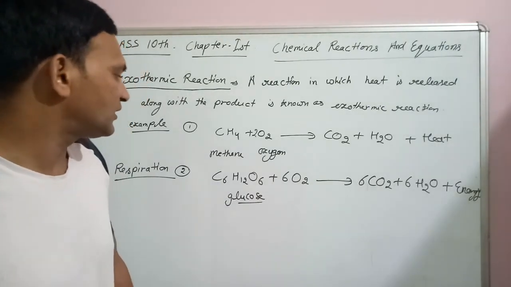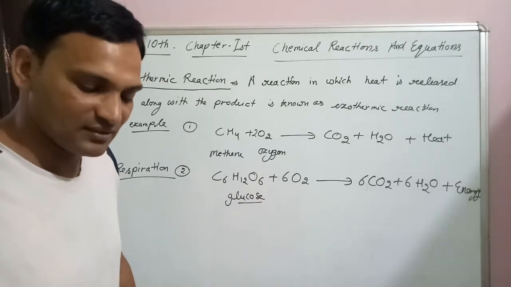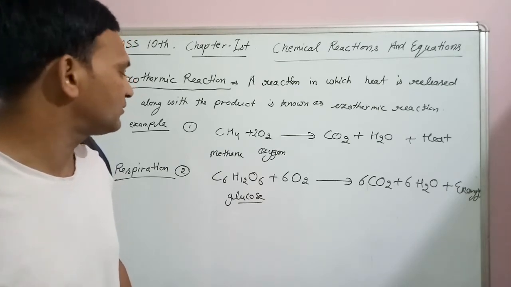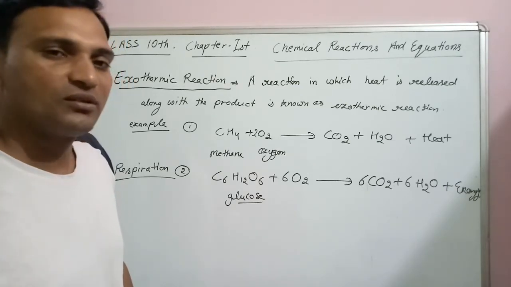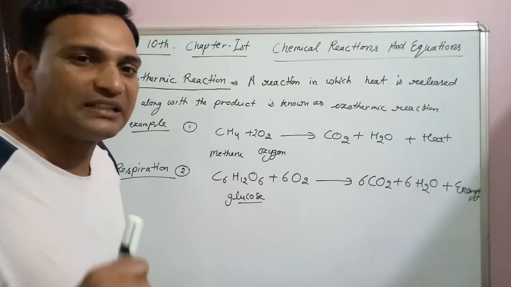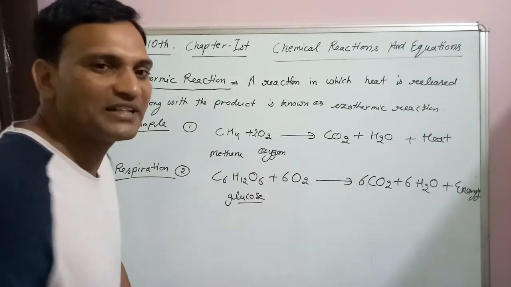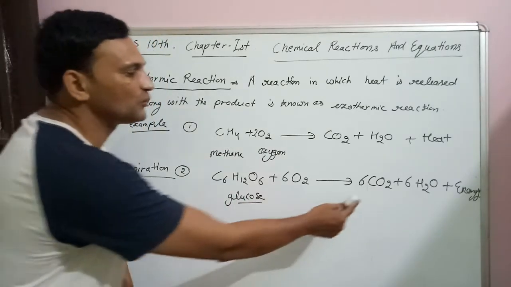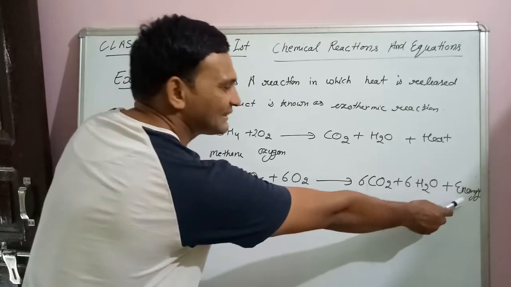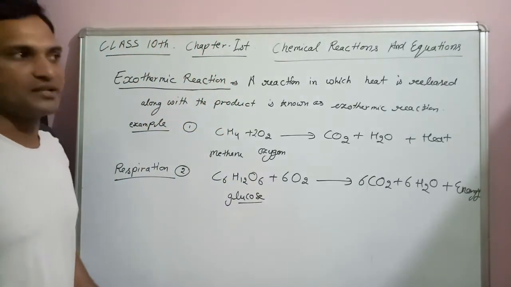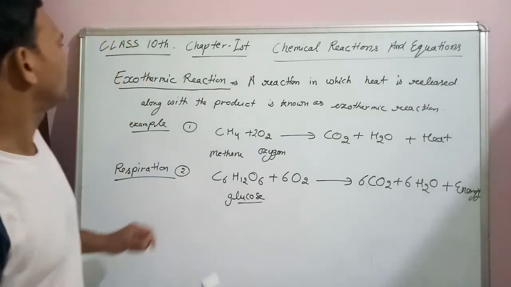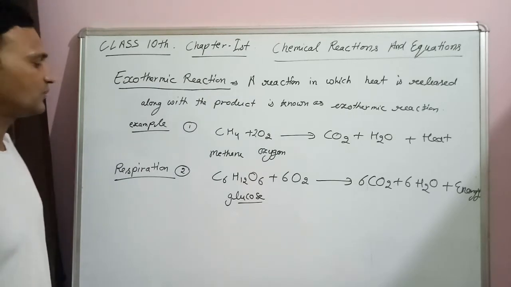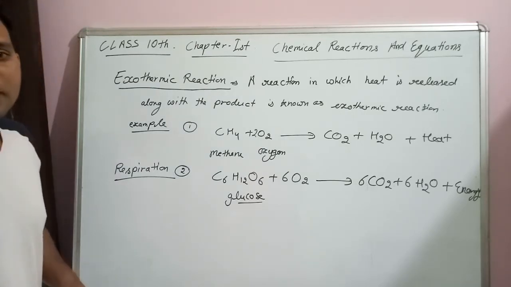When we eat certain food particles like the wheat, maybe rice, etc., that is deposited in our body cells after the digestion in the form of glucose. When we respire, we intake the oxygen, and this oxygen breaks this glucose into carbon dioxide and water, and energy is released here. So in this reaction, energy release takes place during the reaction. This is known as exothermic reaction. So this is about exothermic reaction.